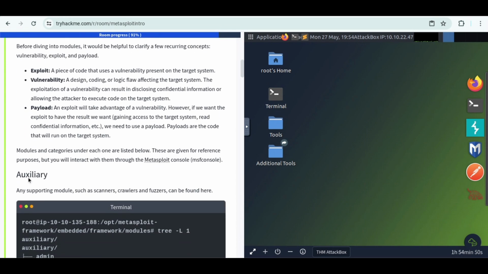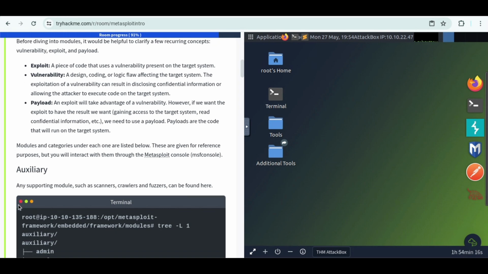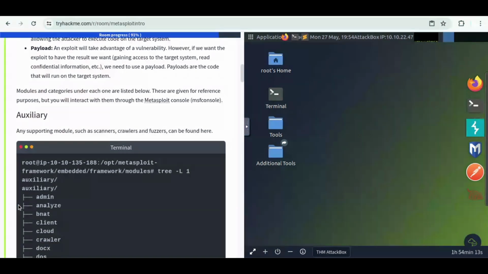Before diving into modules, it would be helpful to clarify a few recurring concepts: vulnerability, exploit, and payload. Exploit: a piece of code that uses a vulnerability present on the target system. Vulnerability: a design, coding, or logic flaw affecting the system. The exploitation of a vulnerability can result in disclosing confidential information or allowing the attacker to execute code on the target system. Payload: an exploit will take advantage of a vulnerability. However, if we want the exploit to have the results we want, such as gaining access to the target system or reading confidential information,